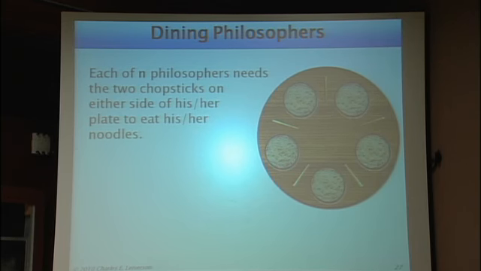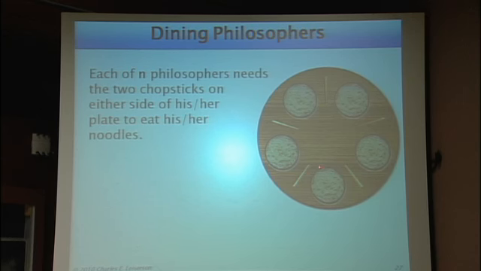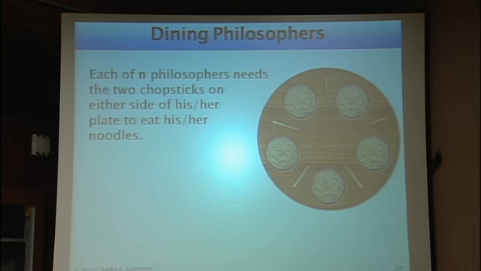Each of n philosophers needs the 2 chopsticks on either side of his or her plate to eat the noodles on the plate. They're not worried about germs here, by the way. So you have 5 philosophers in this case sitting around the table. There are 5 chopsticks between them. In order to eat, they need to grab the 2 chopsticks on either side. Then they can eat, then they put them down. So here's